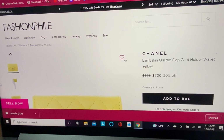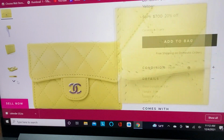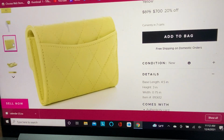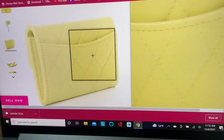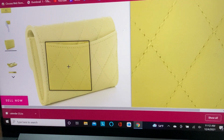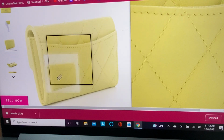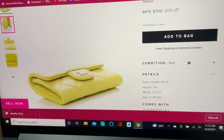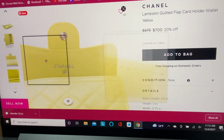Another thing that I've really been wanting, and this is for practical purposes because I know these card holders hold a lot of cards when you open them up. This one is the new model, so it has an additional back slot for cards. This is great for IDs, and if you take public transit and you have to go through the turnstile at the subway, you just beep a card really fast instead of digging through your purse and taking it out of your wallet. This is really cool. It's one large roomy thing inside and another,